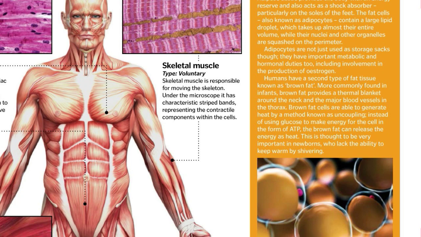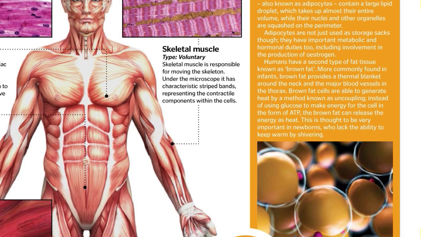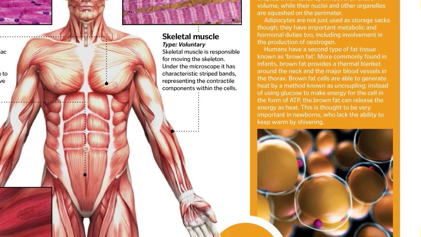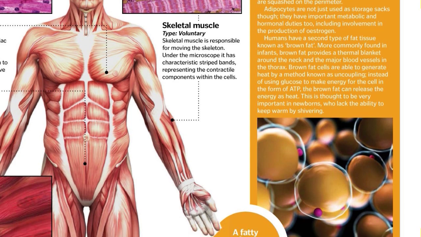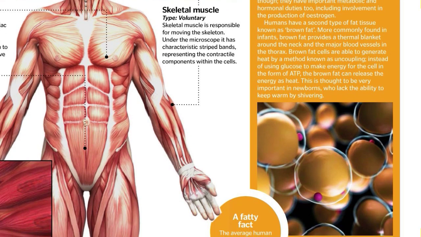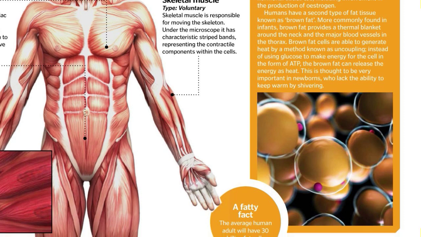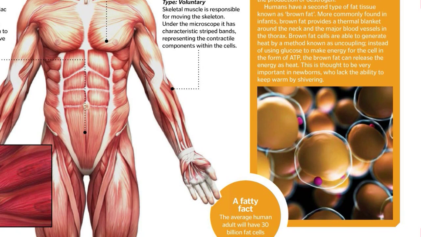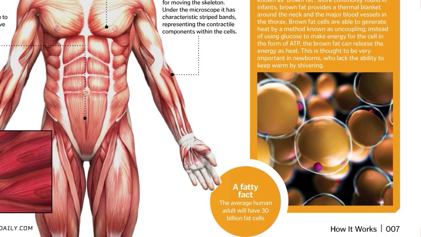Humans have a second type of fat tissue known as brown fat, more commonly found in infants. Brown fat provides a thermal blanket around the neck and the major blood vessels in the chest. Brown fat cells are able to generate heat by a method known as uncoupling. Instead of using glucose to make energy for the cells in the form of ATP, the brown fat can release the energy as heat. This is thought to be very important in newborns who lack the ability to keep warm